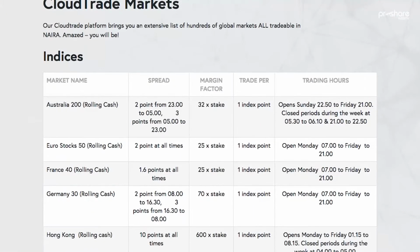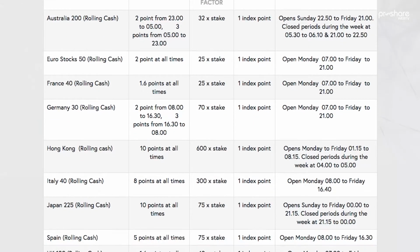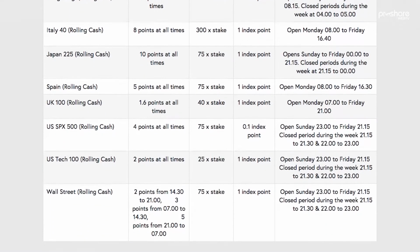Before I go into the details, I will just try to give you a background of how we all came about. EGM has always had a different approach to things. The ideology has always been different, because we are customer focused. In that customer focusing, we have created a particular platform called the Cloud Trade Platform. The Cloud Trade Platform brings simplicity to the average Nigerian as to how they can trade the global market space, right? So in their convenience and also with ease, they have that access in trading the global market